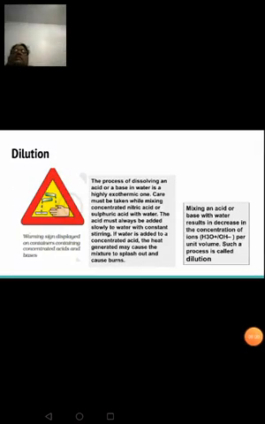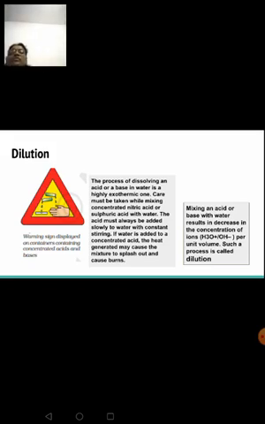So now let's learn about this process called dilution. I've already told you that you cannot add water to acids for diluting. It should be the other way around. Acid should always be added to water little by little. This is the warning sign given in the extreme left within that red triangle, normally displayed on containers containing concentrated acids or bases.